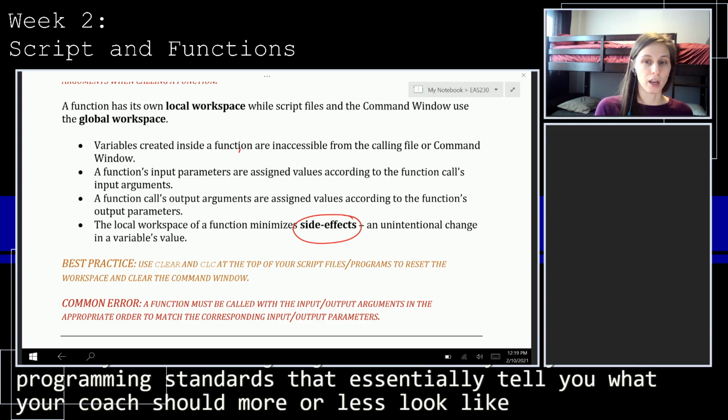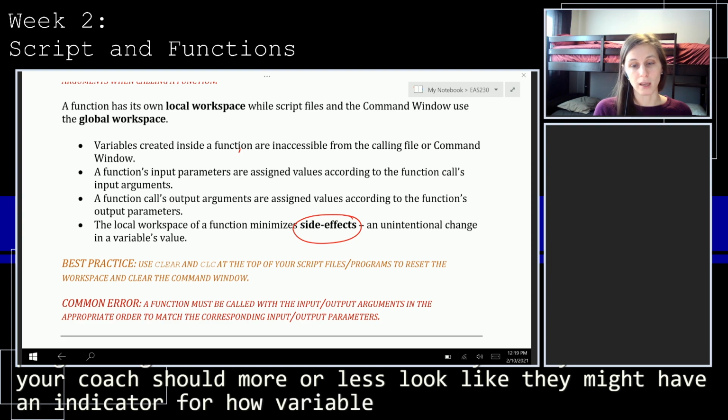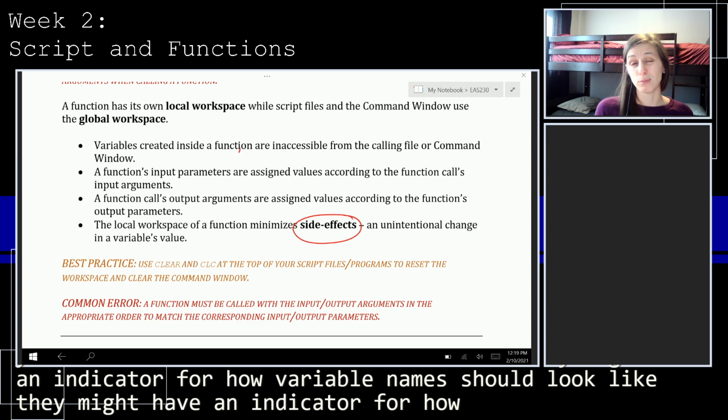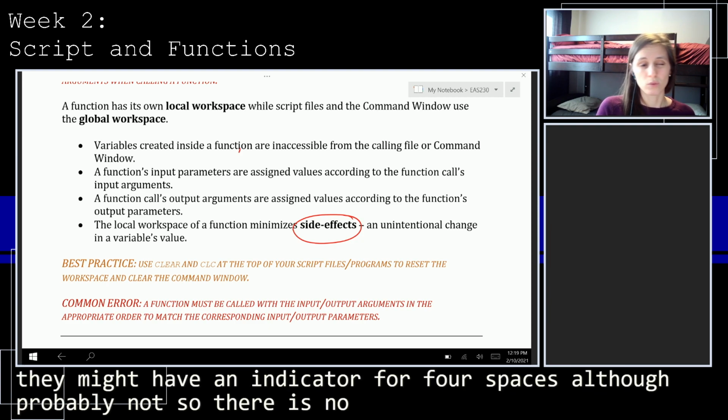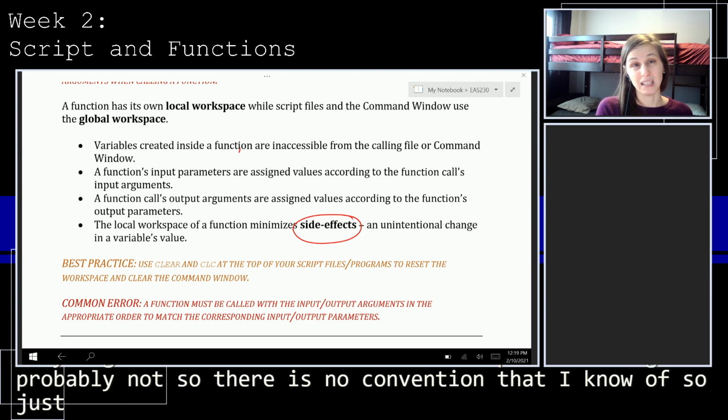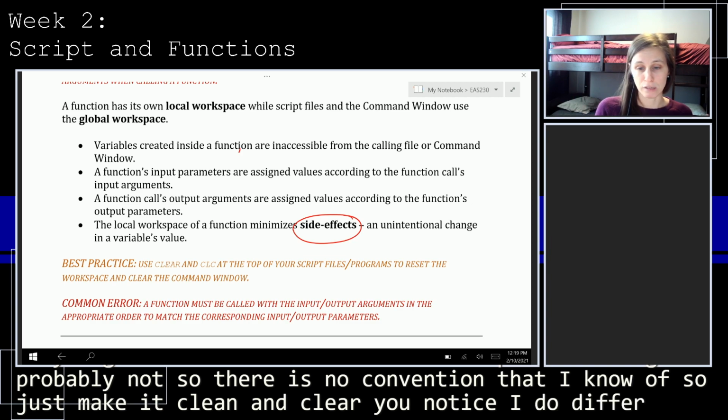They might have an indicator for how variable names should look. They might have an indicator for spaces, although probably not. So there is no convention that I know of. So just make it clean and clear. You notice I do different things in different locations.